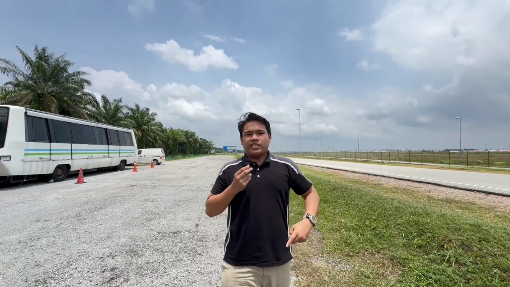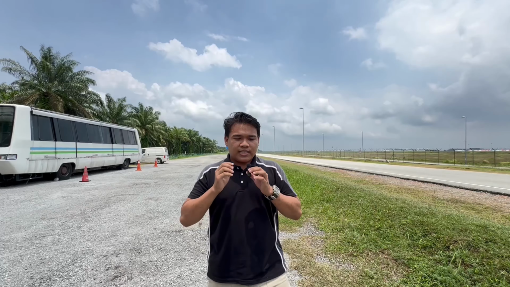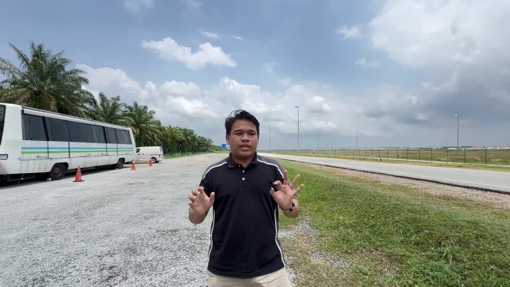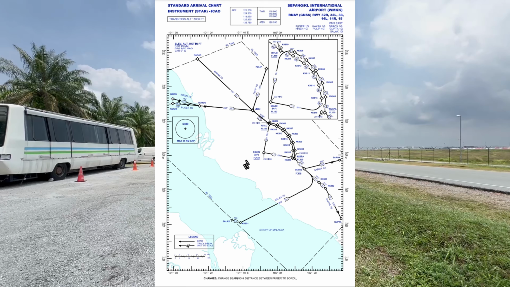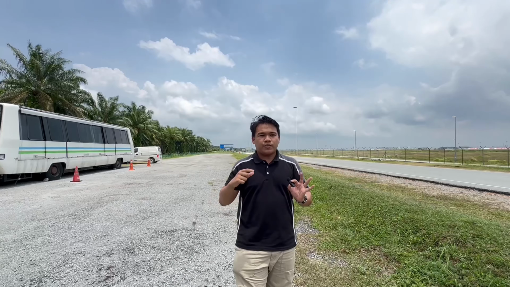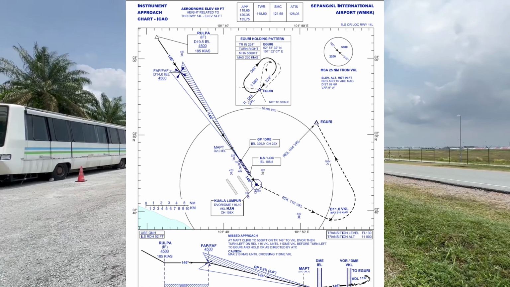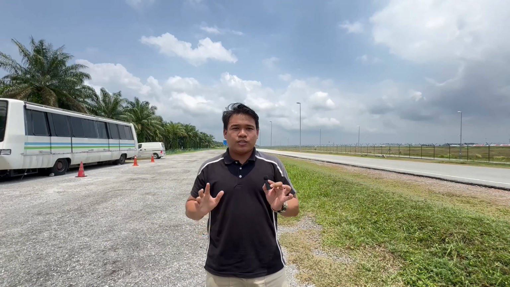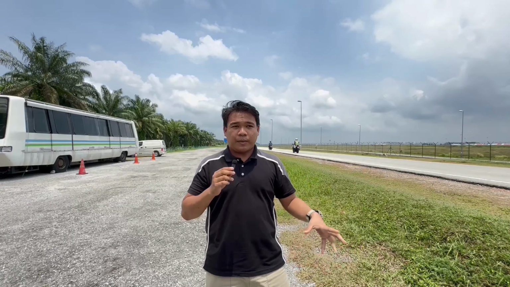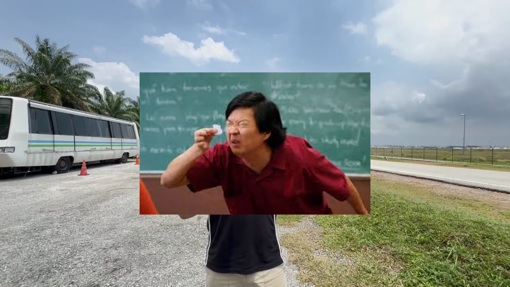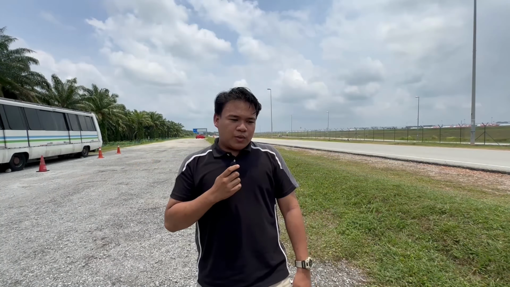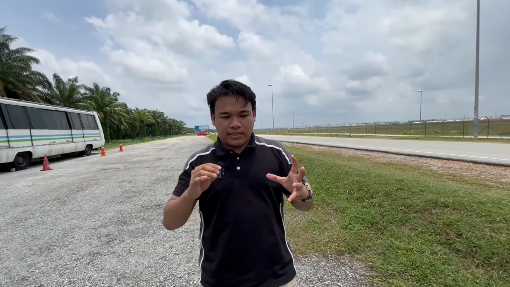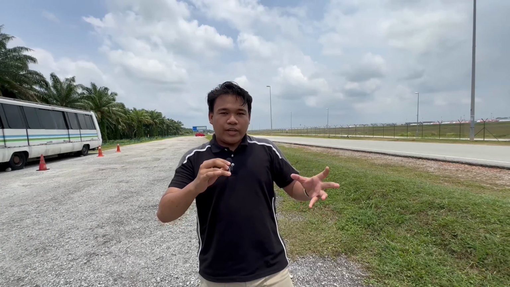Talking about the IAC, the instrument approach chart. The instrument approach chart shares the same purpose and objective as the STAR chart, but the main difference is that the STAR chart covers a huge geographical area, meanwhile the IAC covers a smaller geographical area. The IAC is mainly used by pilots during low visibility approaches. In my conclusion, I think these charts are one of the ways to ensure the safety